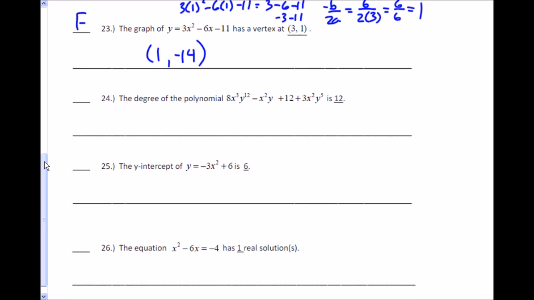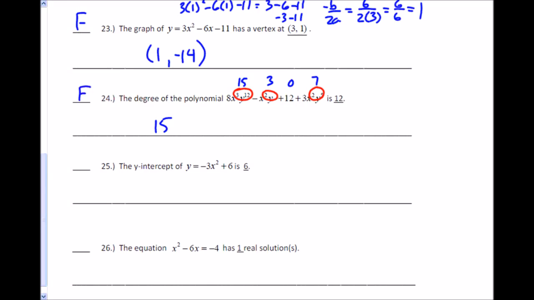For number 24, it says the degree of the polynomial is 12. Remember, the degree of the polynomial is equal to the degree of the highest monomial term. And for each of those, we add the exponents. So the degree of this first one is a 15. The degree of this second one is a 3. The degree of this guy is 0 because there are no exponents. And the degree of this guy is 7, which means the degree of the polynomial is 15, which means this